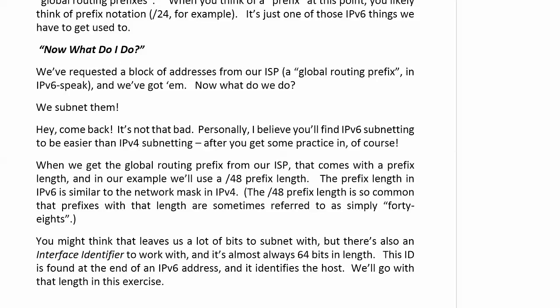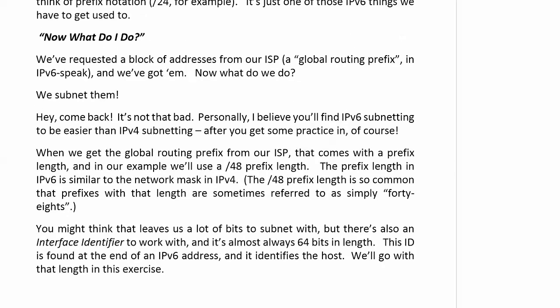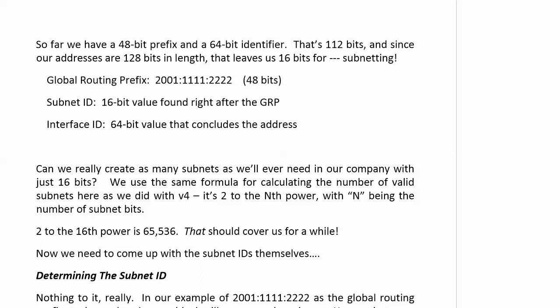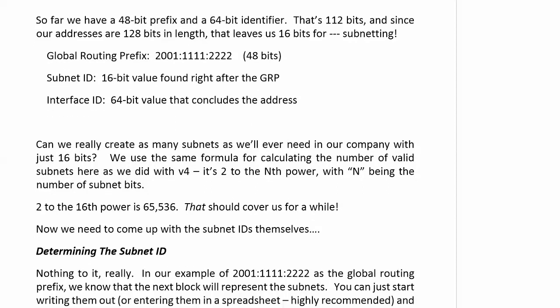And we're going to go with that length in this particular exercise. So if we have 48 bits in our prefix and we have a 64-bit interface identifier, how many bits does that leave us? It leaves us 16 for subnetting,